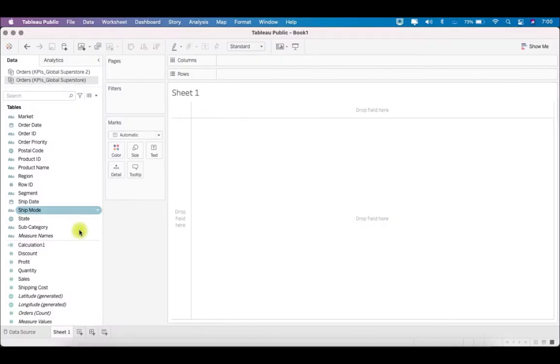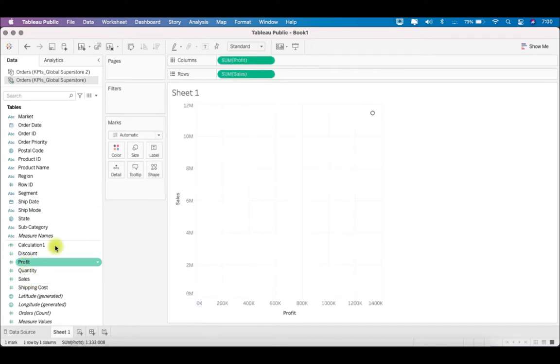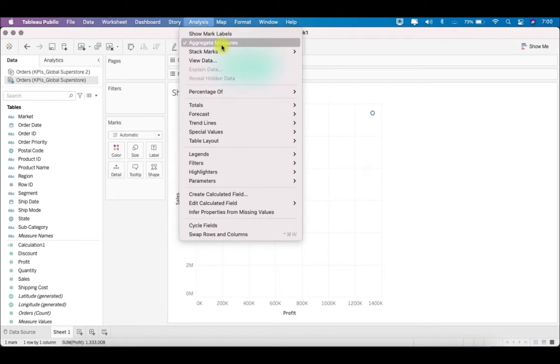So let's say we have a scatter plot plotted for sales and profit. Now, when everything is aggregated, you will see only a single mark. To disaggregate this at each record level, go to Analysis and click on Aggregate Measures. Right now it's ticked, that is why it is aggregating all the measures.